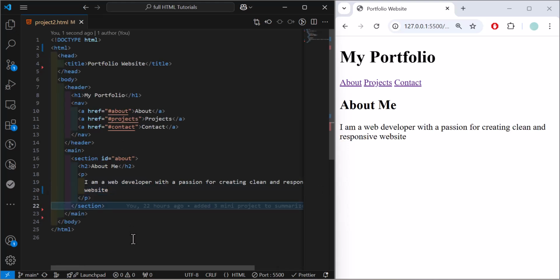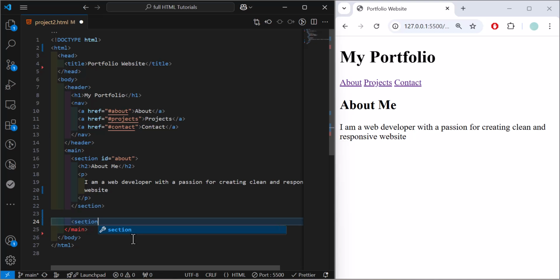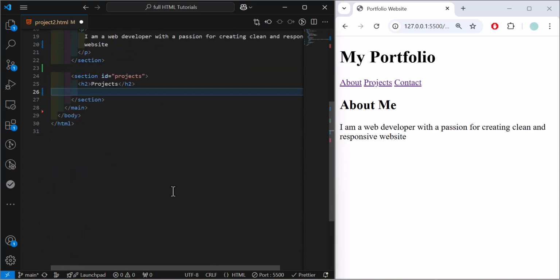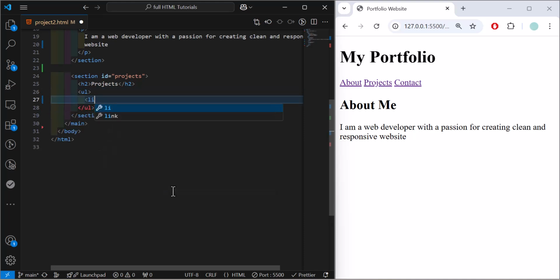Now another section for our projects. So let's type section, and in here we will type h2 tag projects. Let's give it an ID also, ID of projects. Then in here, let's create an unordered list with the ul tag, and inside here, let's list our projects. So let's type project 1 personal blog,